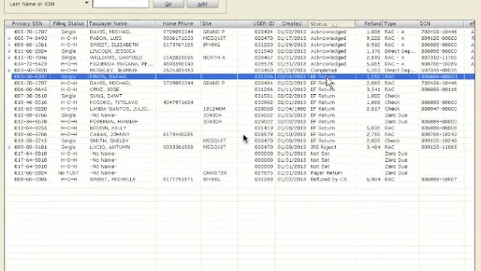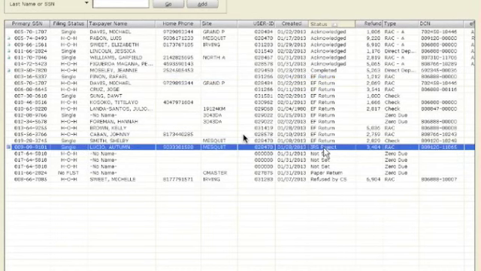EF return means that nothing has been done with that return. It is just sitting on the system, whether it's a test one or an actual one that we just have not sent yet. RS reject means that it is rejected for some reason. In this particular case, if you look at this one,